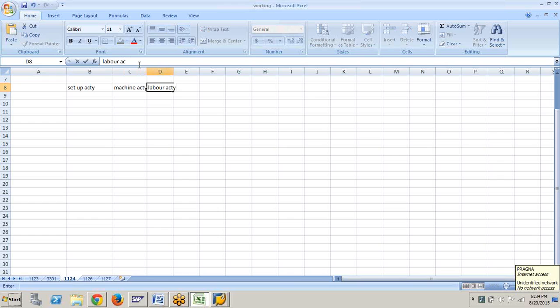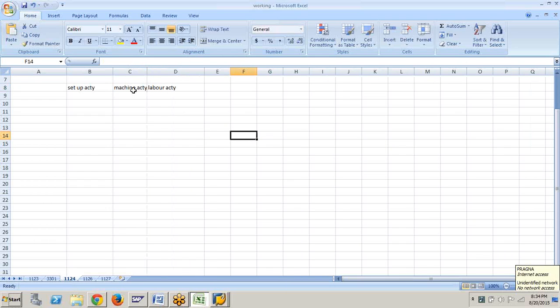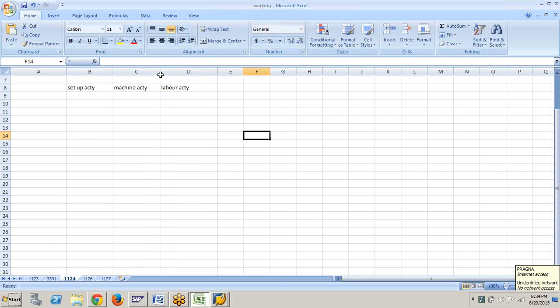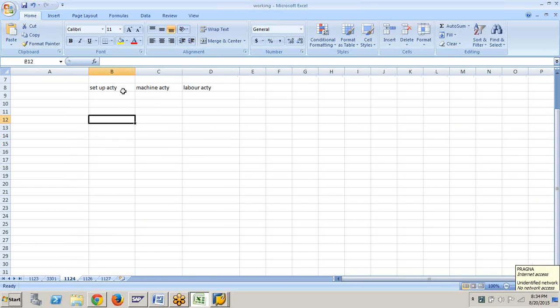Assume there are three activities there: setup activity, machine activity, cleaning activity, labor activity. For these three activities, assume